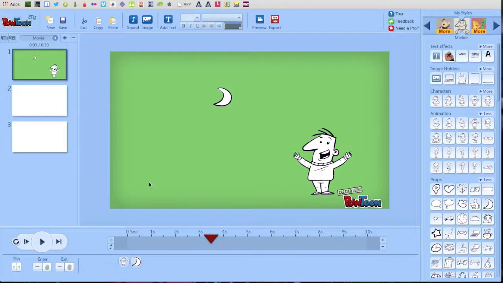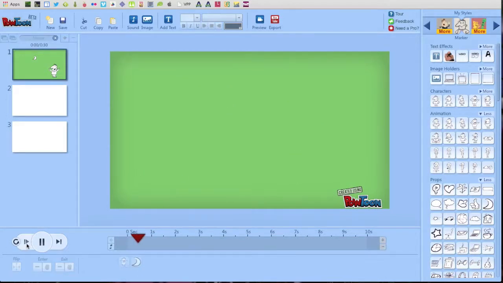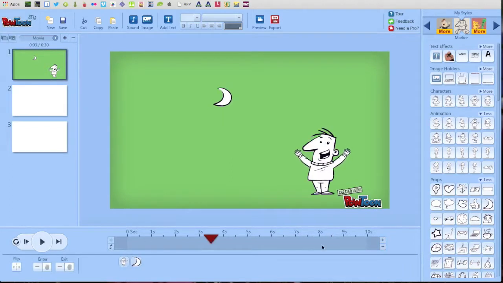Okay, so I've got that. Let's just see how that might play out. So if I go over here, this is the play screen, and I press play, see that 1 second comes in, at 3 seconds the moon comes in, 5 seconds the guy disappears, about 7 seconds the moon disappears. Okay, so we've got a couple of little things in there,